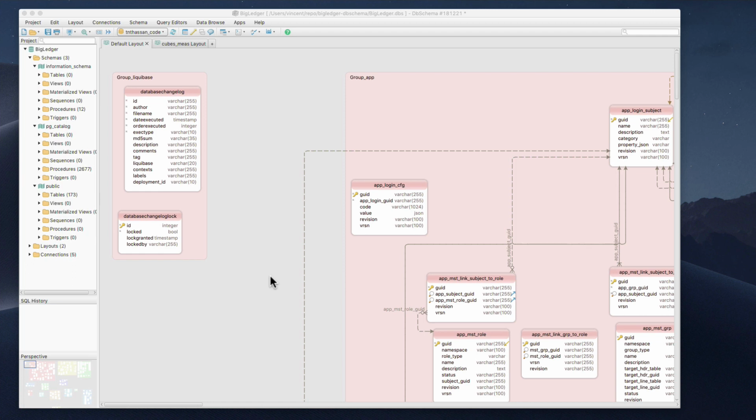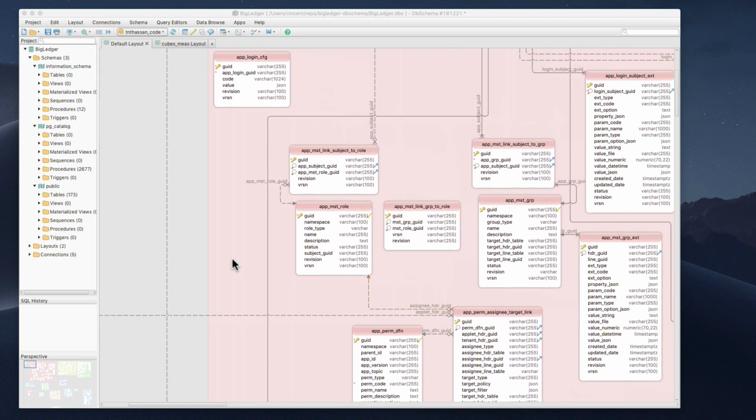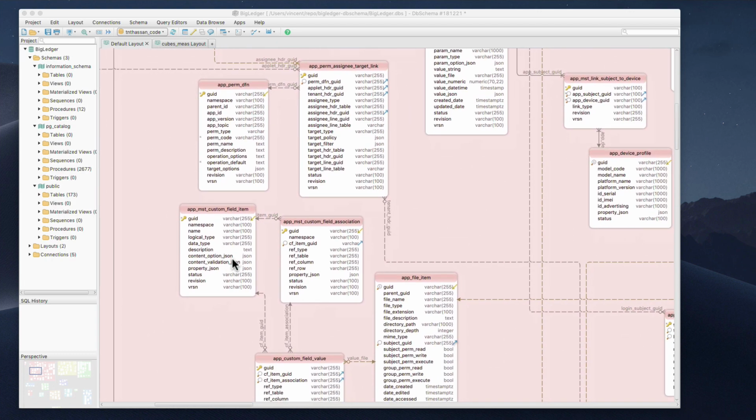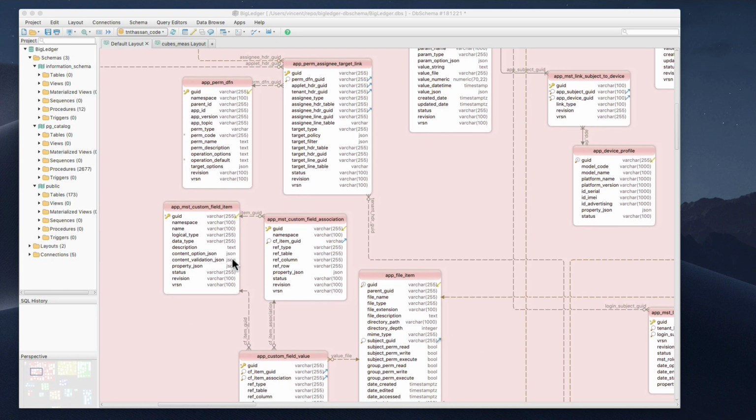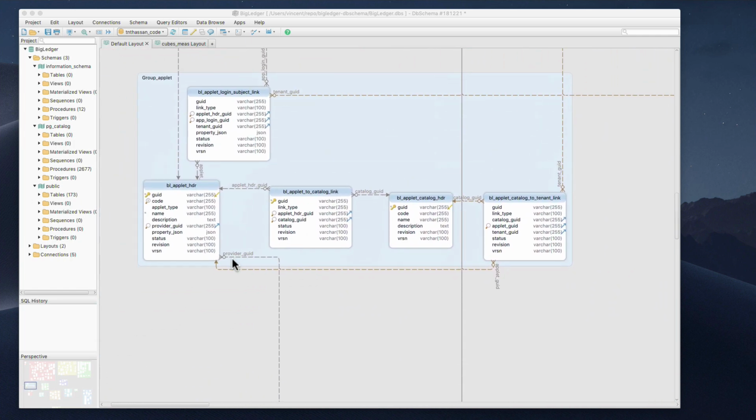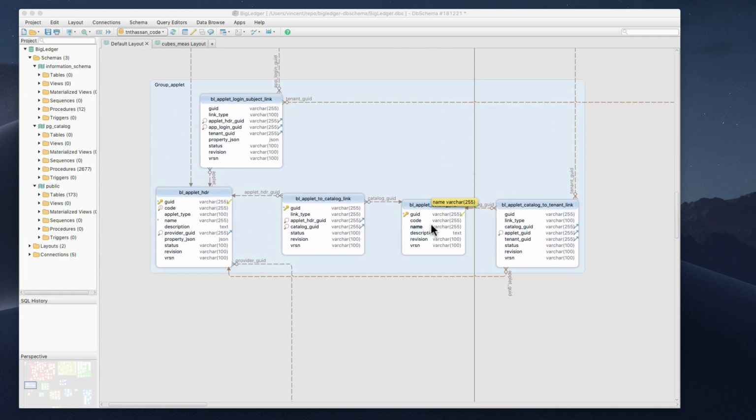Okay, today's discussion is about the catalog applet. So now let's look at this screen. We have, where's the catalog? Okay, so we are looking at this applet catalog,